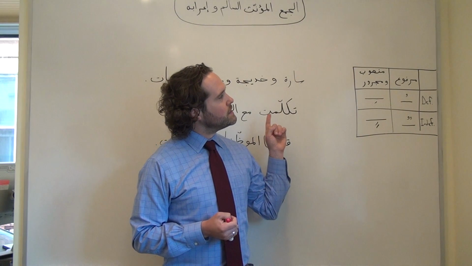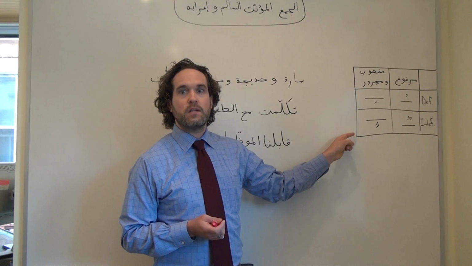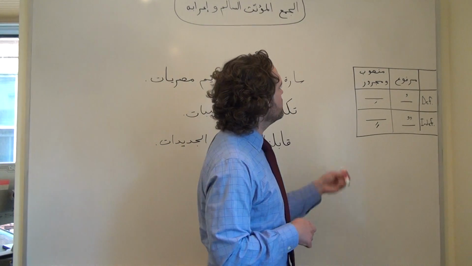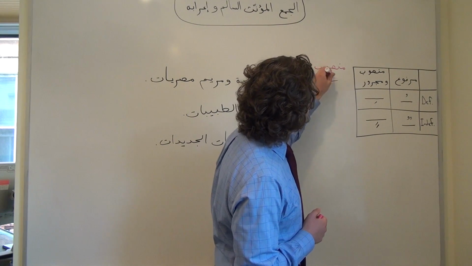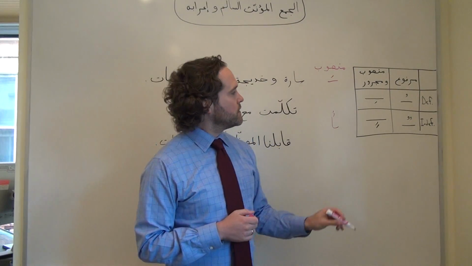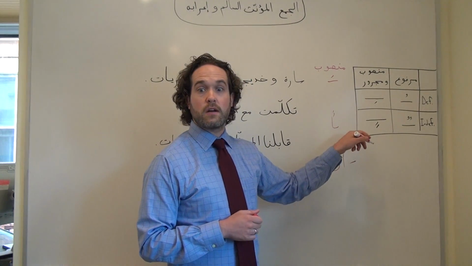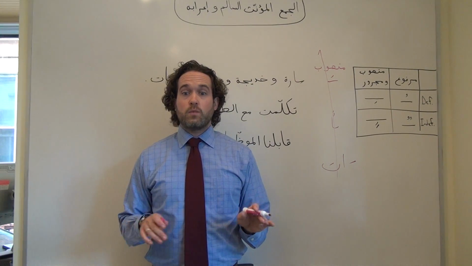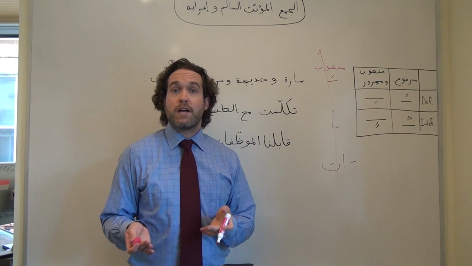That is that in instances of both mansoob and majroor, we're going to use kasra or kasra tanween to mark those case endings. Typically, in a regular situation, when we encounter mansoob, we're going to use a fatha or fatha tanween, but not with that regular feminine plural ending "at". We're going to use kasra for both, and we're going to skip this. We're never ever going to see fatha or fatha tanween for mansoob on the end of a regular feminine plural noun or adjective in Arabic.